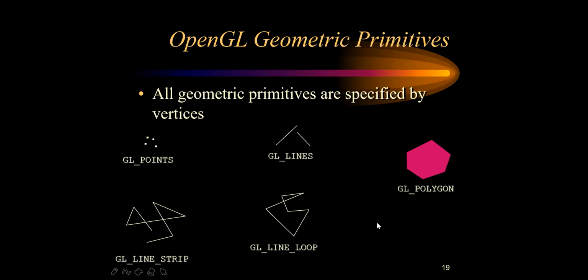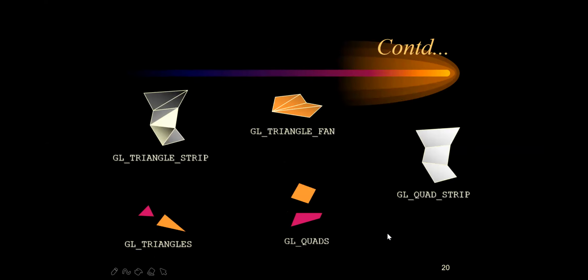So these are all some geometric primitives. I have some more also. Suppose you want to draw GL triangles. If you give GL triangles, it will understand that it should have three vertex points, so accordingly it will just join. This is one variety of coordinate system. This is another variety which has been joined with them. This is known as your GL triangles.